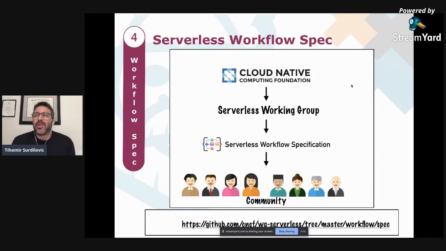However, it ran into some roadblocks. So when we got involved about a year and a little bit ago, it was in a stagnant state and wasn't progressing. So we, being Red Hat, got involved and started contributing heavily to the specification. Currently, we're going to release a 0.2 version. It is in active development, and we're seriously looking for contributions and community involvement. If you're interested, I think here is the link to get you started on the bottom, and I think I have a slide on how to contribute as well.